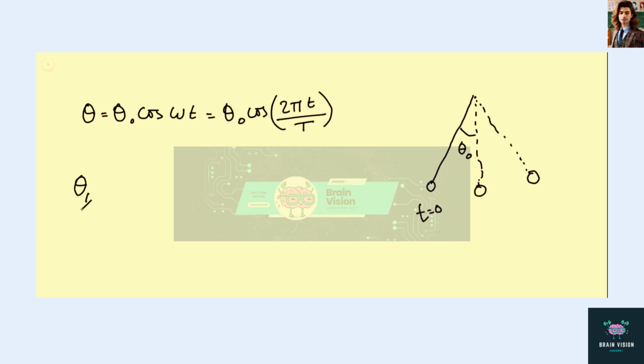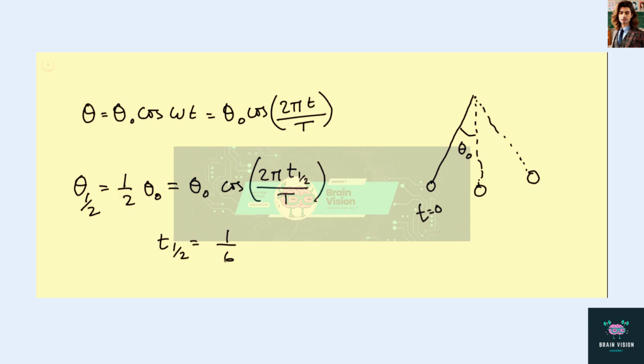So that means when theta is 1/2 of the initial amplitude, that's going to be half of theta 0, which is theta 0 cosine 2 pi t half divided by big T. And from there we can solve for t half, and we see that this quantity is 1/6 of the time period. So that means it takes 1/6 of the total time period for the position to change from